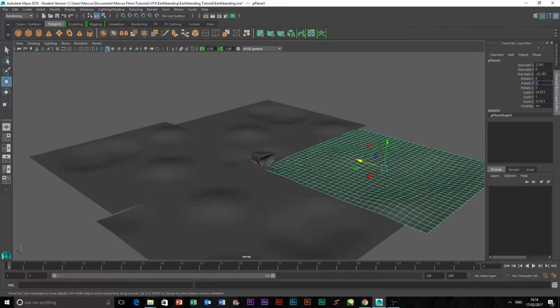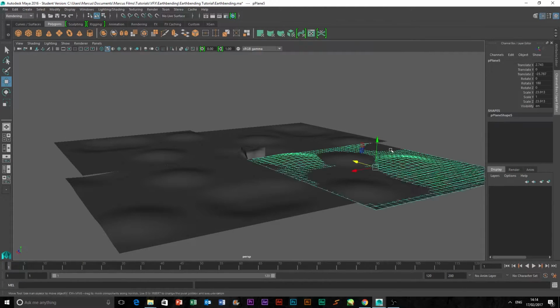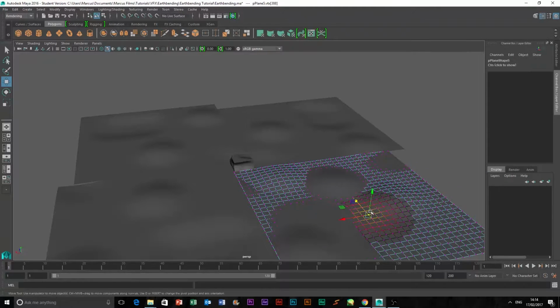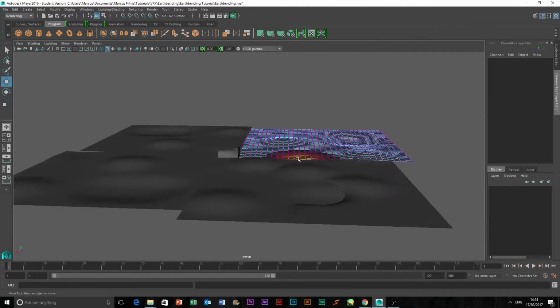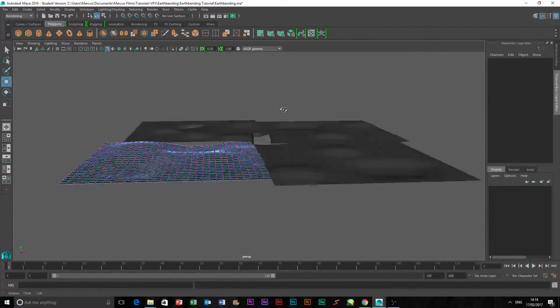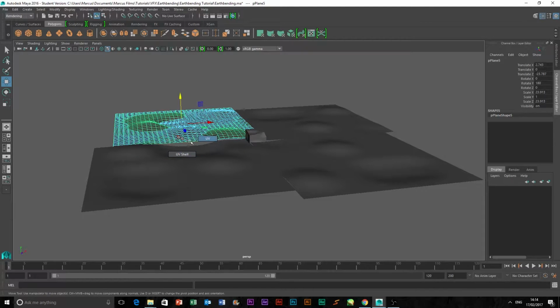I'm going to rotate this to 180. But what I do want to do is, the ground still looks a bit similar, so I want to play around with this just a tiny bit to add a load more variation to it, so that things don't look too similar. We'll curve that down a bit. So there is a gap there, but that doesn't matter too much because we can go into this one in